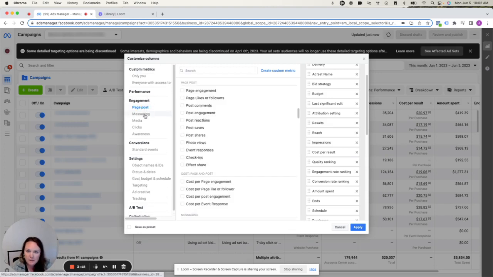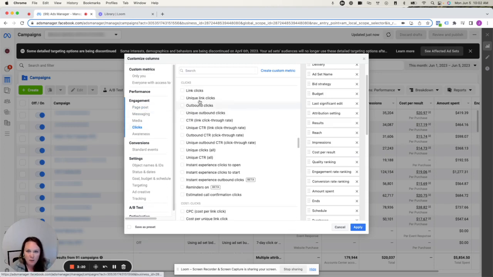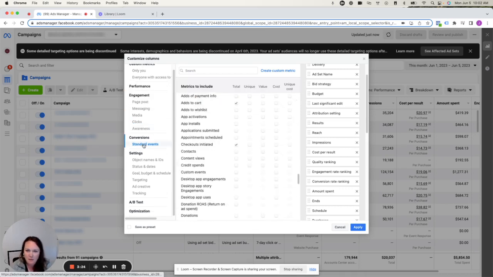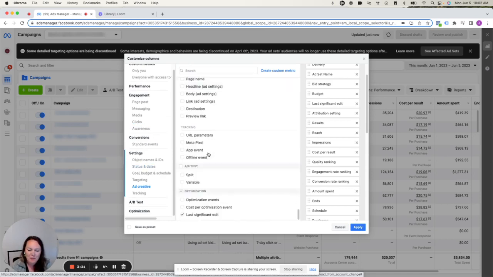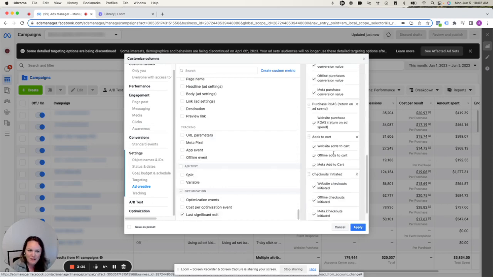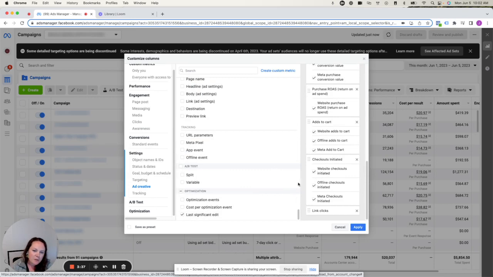If you click through these, if you by chance want to know clicks, I would recommend doing link clicks. You can come on down and look at their standard events that are here. It's a rabbit hole, right? There are hundreds of them here, but those ones that I just showed you are my definite sure ones I always do. What I'd recommend you do before you click apply is unclick these, because what's going to happen